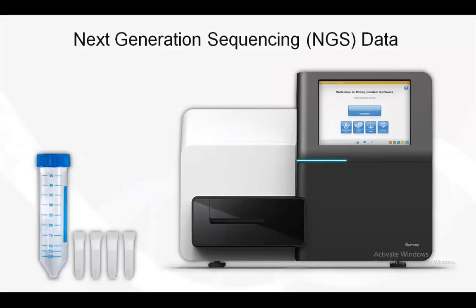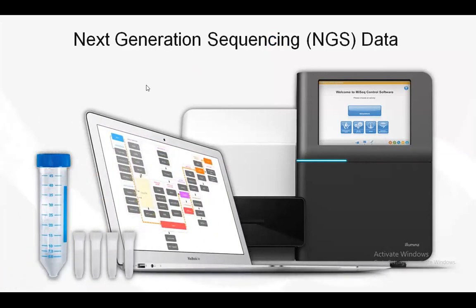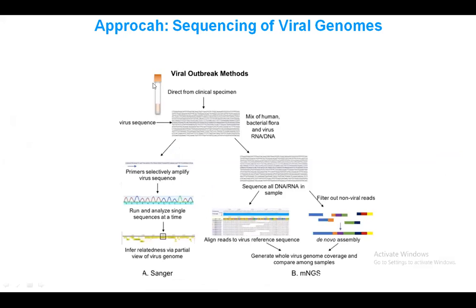So how can NGS, next generation sequencing, help in understanding viral replication, its mechanism, and its analysis? Pine Biotech offers a platform that helps you analyze a viral genome, so let's look at how exactly you can analyze a viral genome. If there is any infection or viral outbreak, it can be sequenced by two methods: the Sanger method or the NGS method.